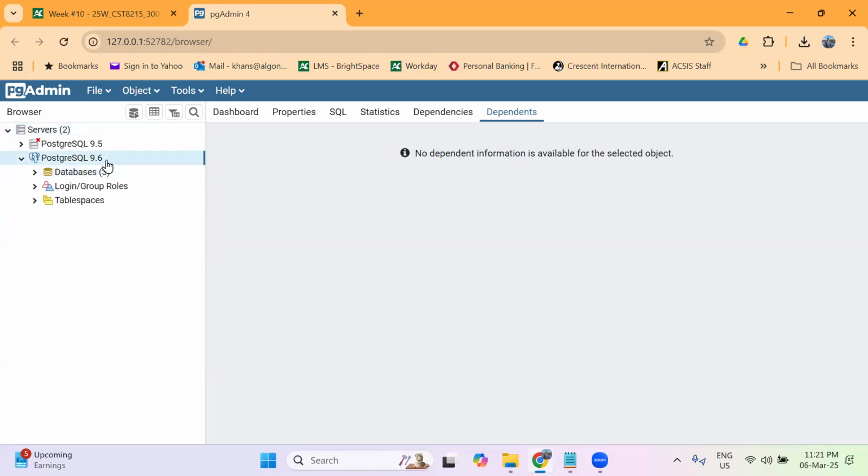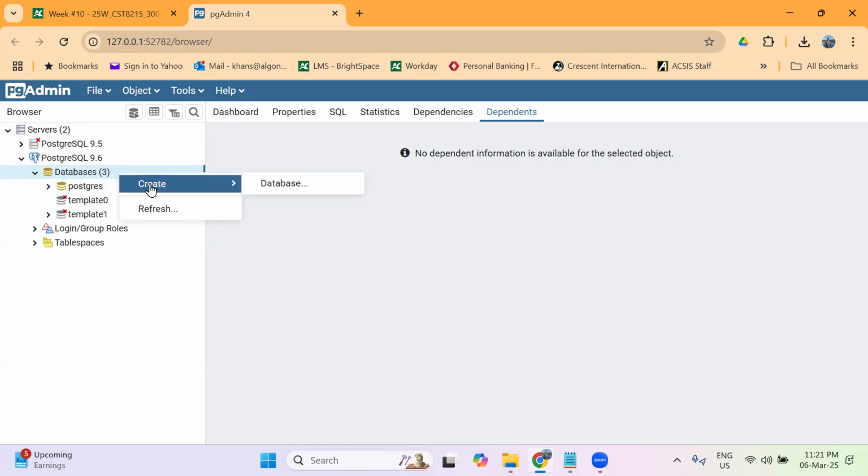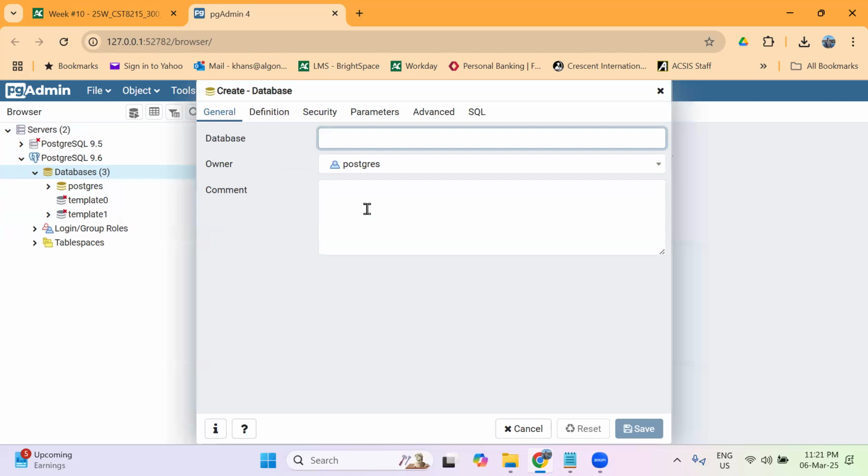Right now on pgAdmin, I just have one database. No, I have 3 databases. Anyway, I'm going to create a new database, and I'm going to call it HR, or human resource. This is basically a database that stores human resource